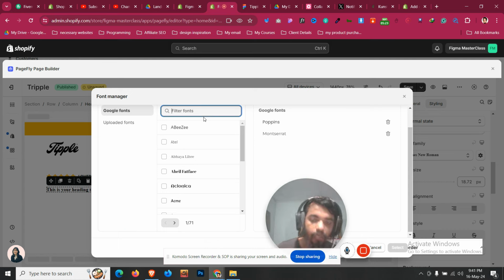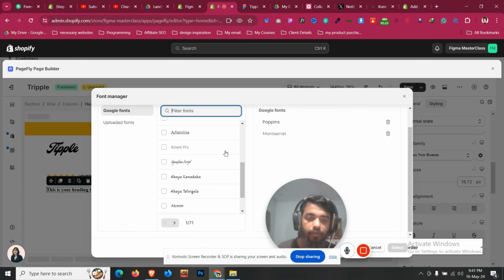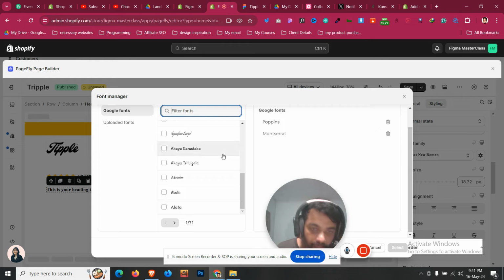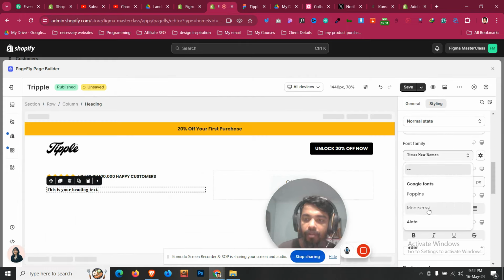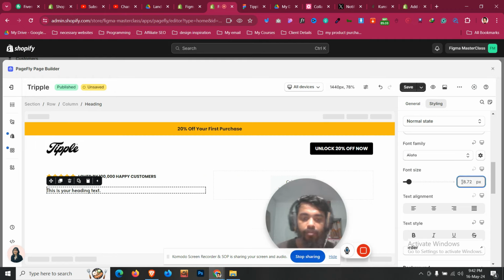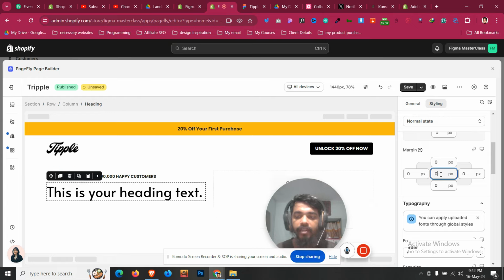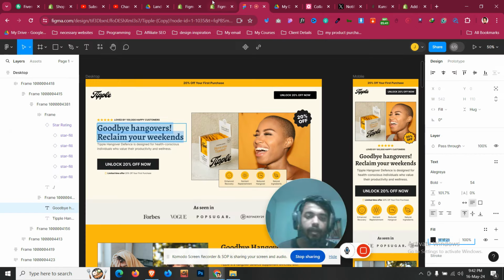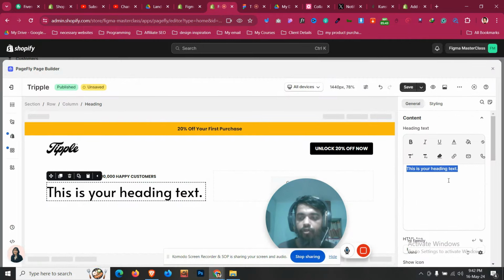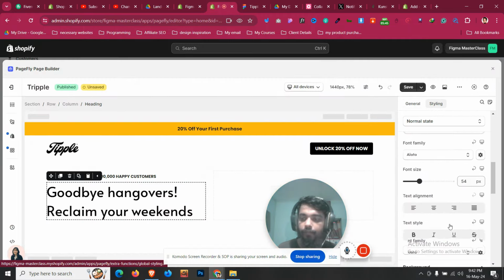So we can use Montserrat by default, or we can use a similar type of font if we want, Alata or something like this. Perfect, right? Let's use it. So it will be 54, and then as I said, every time just make it 0. Every time we take a headline or anything, go to styling, Control A, Control V, and then for this let's